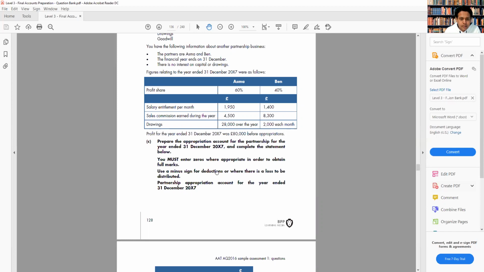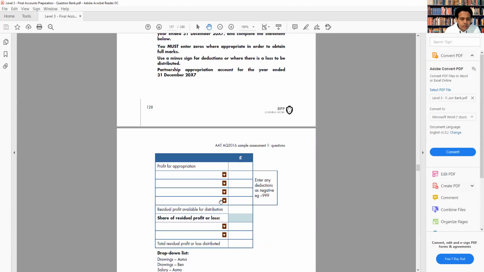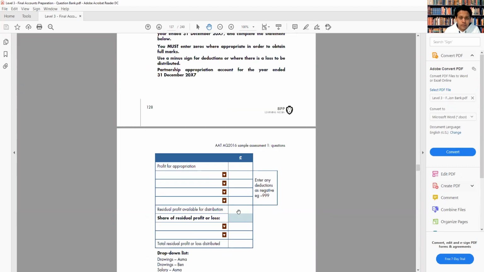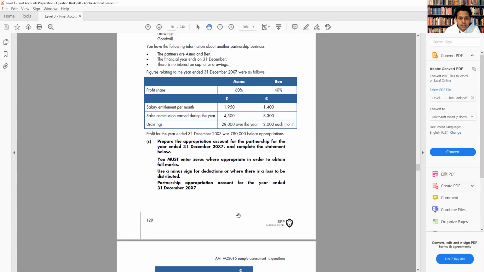Prepare the appropriation account. So this is the appropriation account. We know how to do it. So we need to remember which information comes here, and remember we don't take the drawings for the appropriation account. Let's do it in the corner. It's not very difficult, I think. So let's start with profit before appropriation. Profit before appropriation is 80,000,